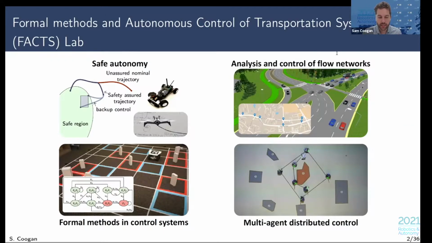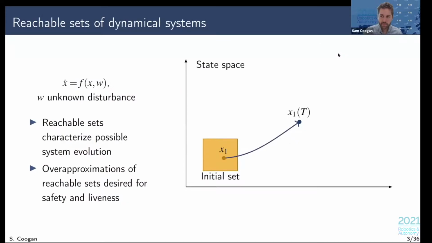The focus of today's talk is largely going to be in the space of safe autonomy. How can we ensure that these autonomous systems, possibly controlled by complex controllers, operate safely, even without a priori verified control strategies? That's going to be the focus of today's talk. I'm going to spend the first few slides easing into a familiar notion if you're a control theorist, something that may be a little bit less familiar if you're not, this concept of the reachable set of a dynamical system. It's going to get a little technical, but I'm going to try to keep it simple with some